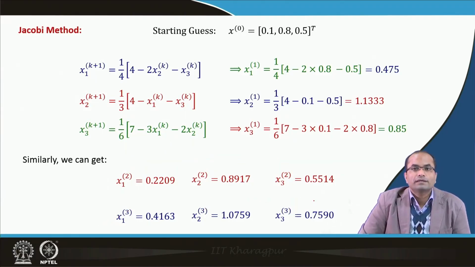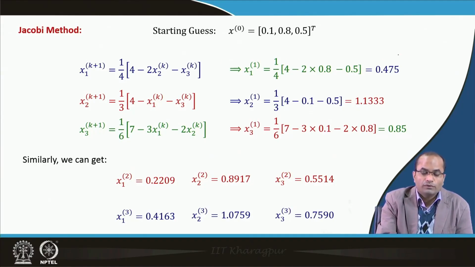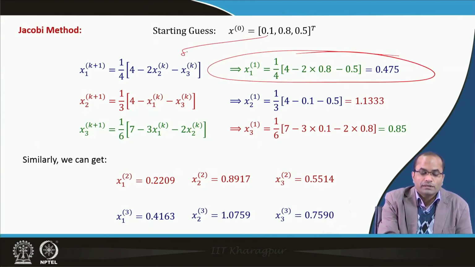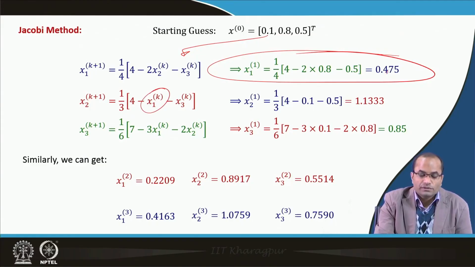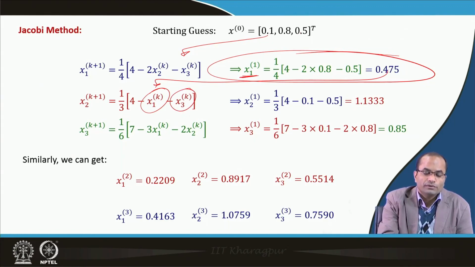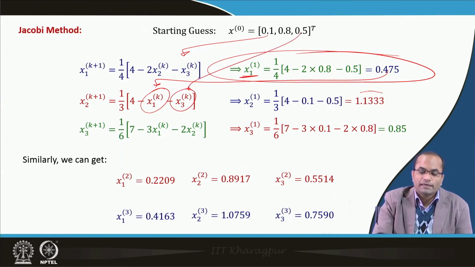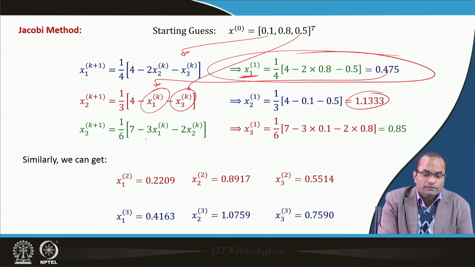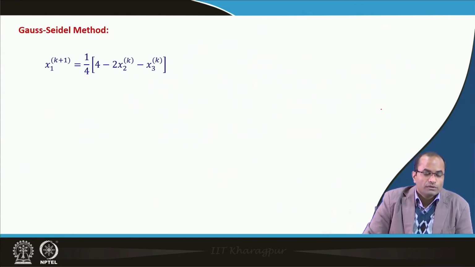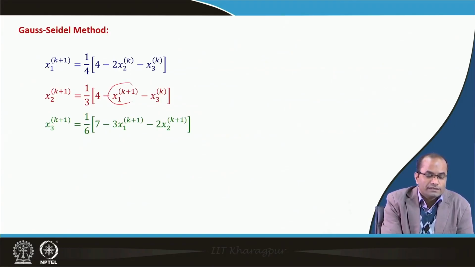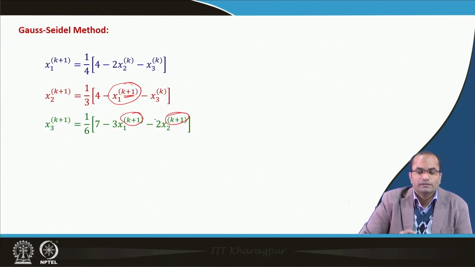The only difference in the Gauss-Seidel will be that the first evaluation will be the same, because we will be using exactly the initial guess, while in the second one for x 1, the recently computed values will be used, because now x 1 is available, x 3 is not available. So, we will still use it from the previous one, and we will get some different value there. Similarly, in the third component x 1 and x 2 both are available now, and we will be using those recently evaluated values. So, coming to the Gauss-Seidel, that is the only difference, that this x 1 will be